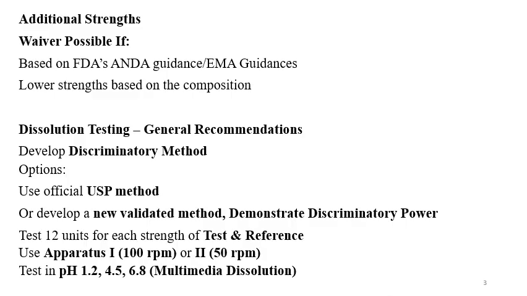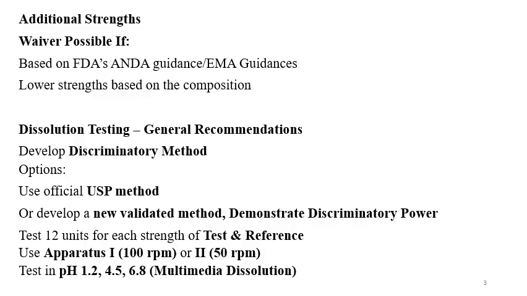Although you are using the USP method or pharmacopoeia method, still discrimination is required to be demonstrated. Otherwise, if there is no monograph, develop a new validated method and demonstrate the discriminatory power. Generally, the method should be discriminatory considering the critical material attributes, critical process parameters, and the stability. Dissolution testing is required to be done on 12 units for each of the strength of the test and reference. So it is not that only test is required to be analyzed, but the reference formulation is to be tested